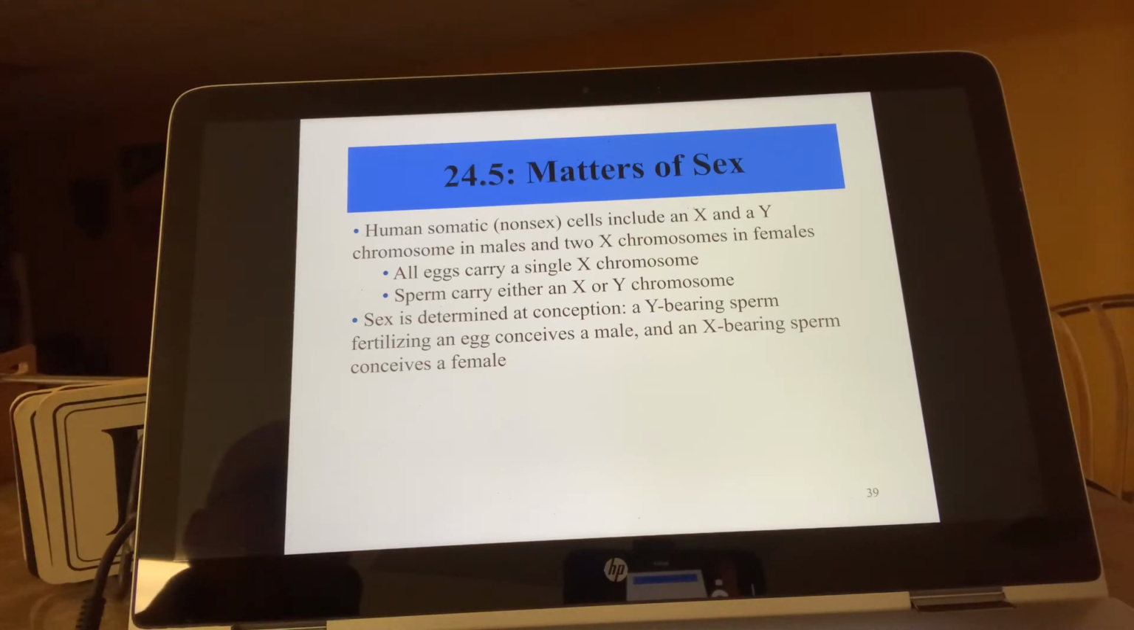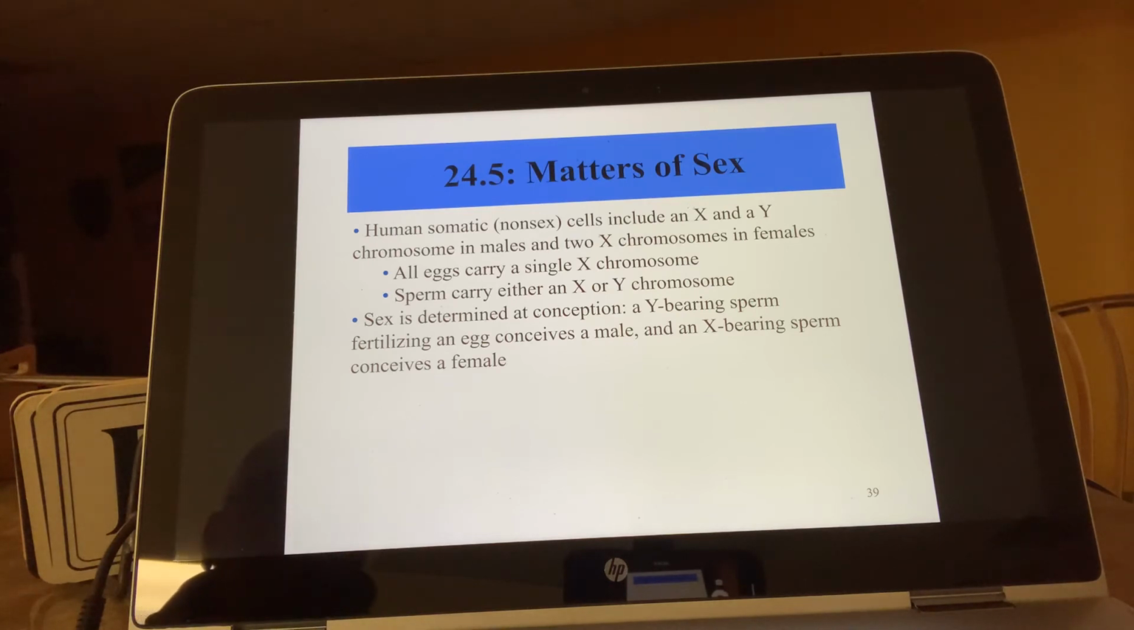The sex chromosomes, again, are one pair of chromosomes that determine the sex of the individual. The X chromosome and the Y chromosome. All ova have an X chromosome. Spermatozoa typically have either an X or a Y chromosome, and the determination of sex is based on the spermatozoa